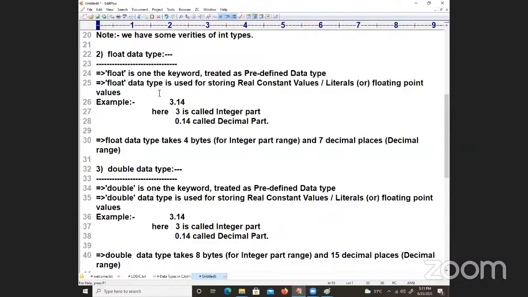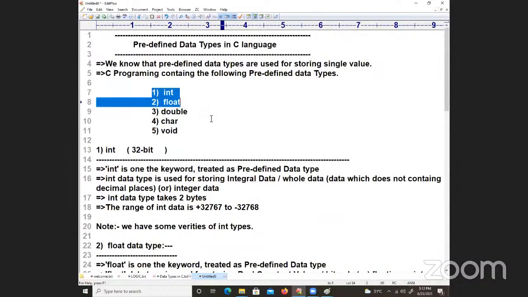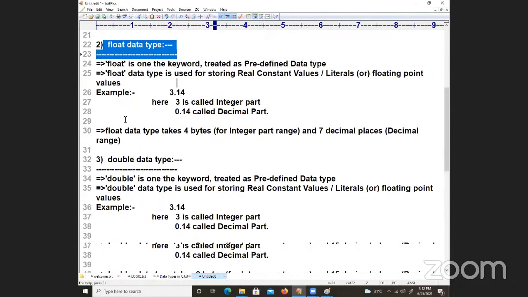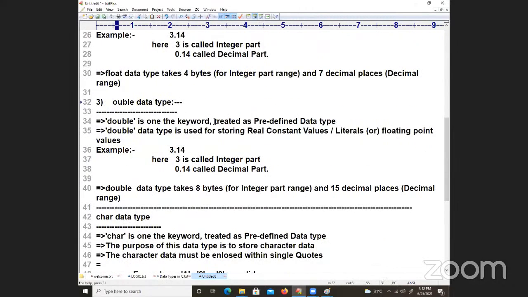Are you understanding float, double and character? Let me open one small diagram for you, which is prepared: how many bytes int, float and so on will take. Last and final, one more point. With the floating point and double data types, you can also store scientific notation data. These all come from our childhood stories.